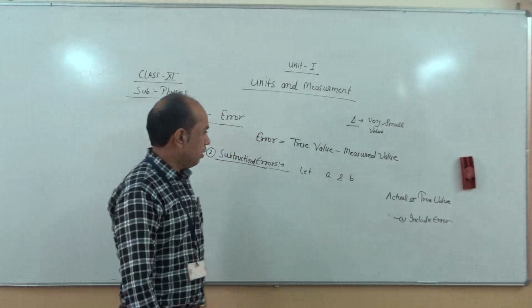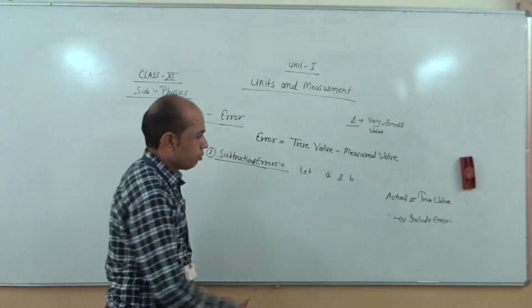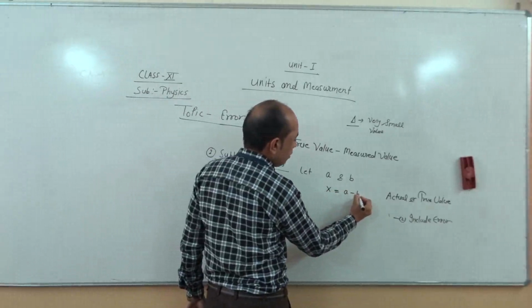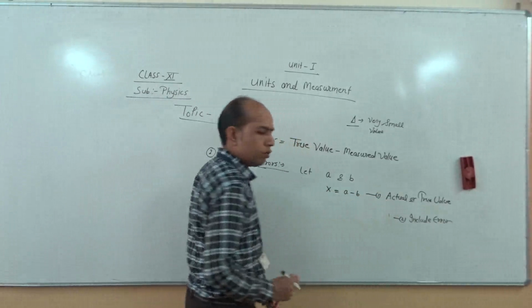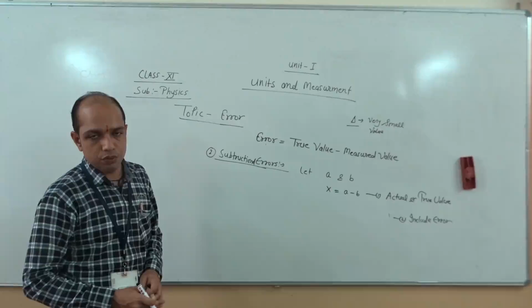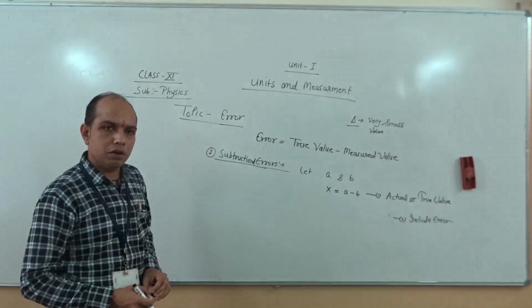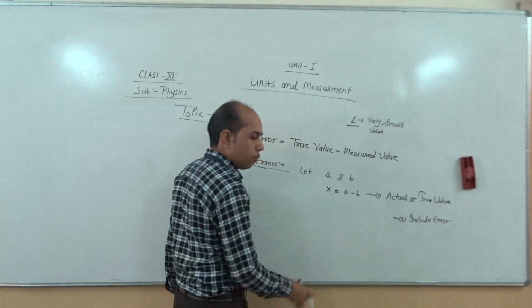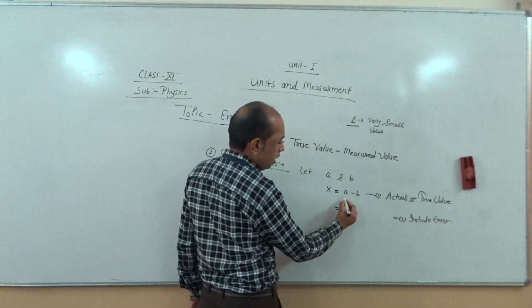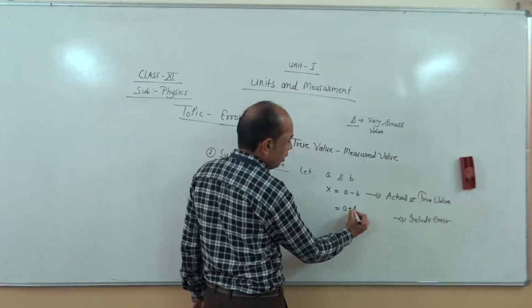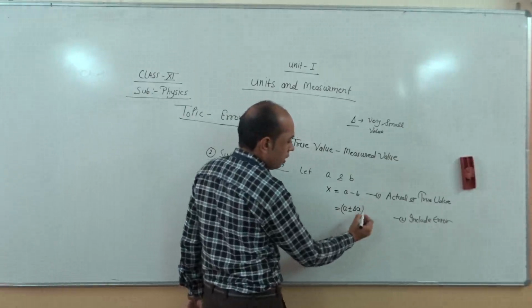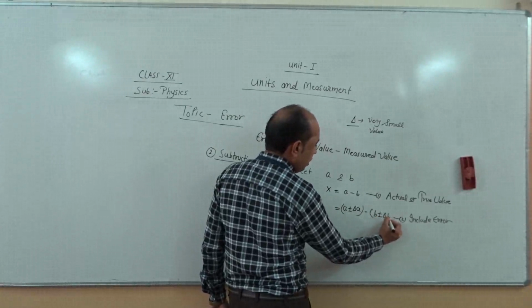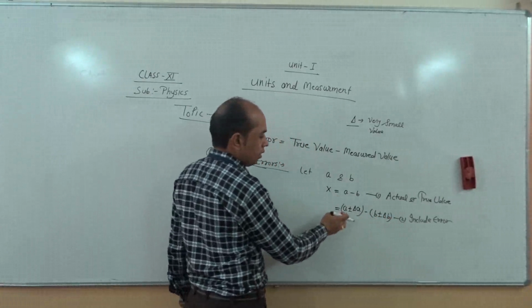Now we come to the subtraction part. So obviously the result x is equal to a minus b. This denotes the actual or true value when we take the observation. Now if we include the error part, so a plus minus del of a, similarly, the minus sign remains the same, b plus minus del of b,